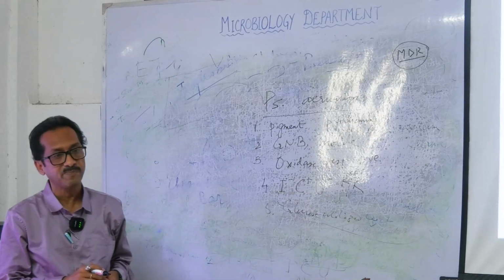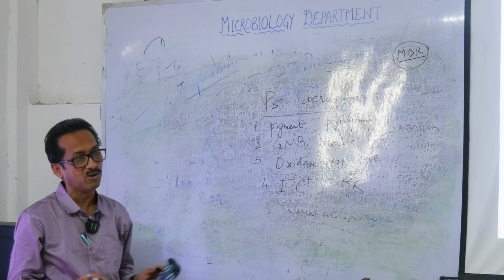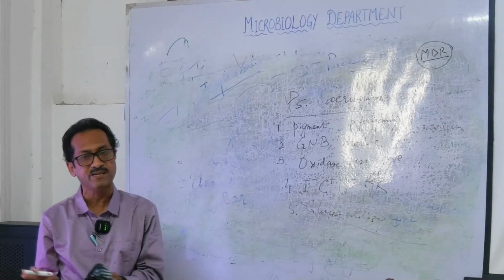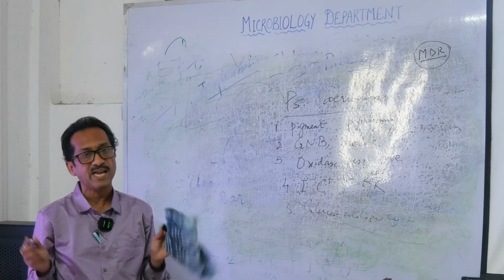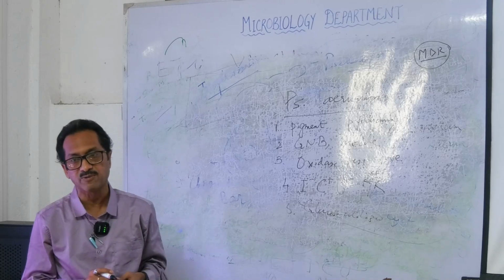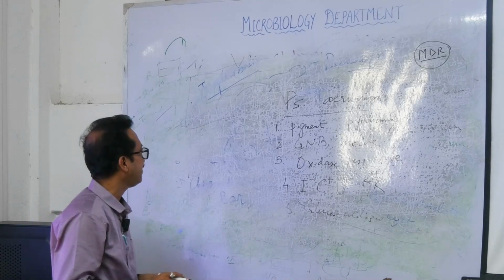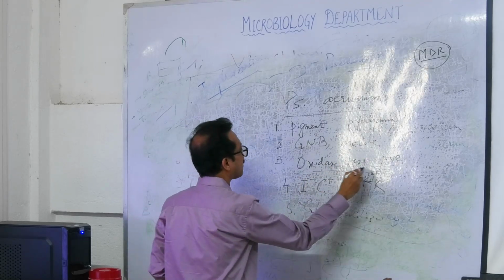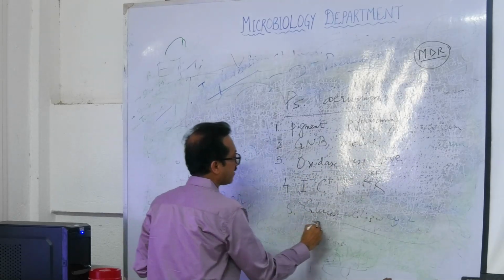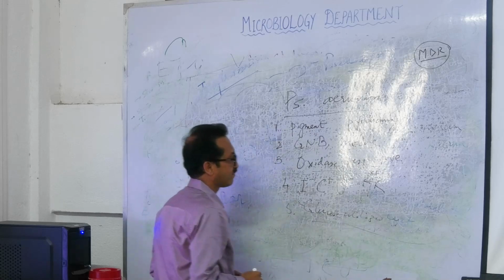One is pyocyanin pigment that makes the media also green, the colony green, media green. Next হচ্ছে gram negative bacilli arranged haphazardly, and you can tell non-sporing if you want to add a non-sporing gram negative bacilli, and it is motile, oxidase test positive, and glucose utilization,